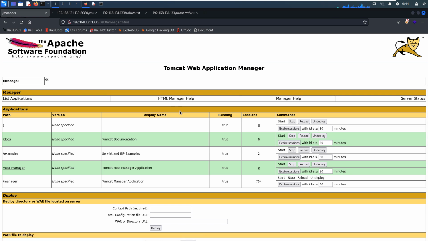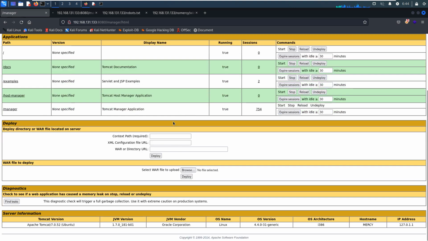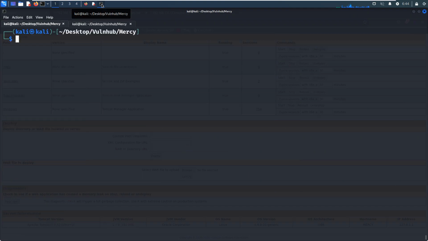We need to upload a web shell through this manager, and to do that we need to create the payload, okay, with msfvenom, and the type should be JSP. I cannot remember, is it msfvenom.